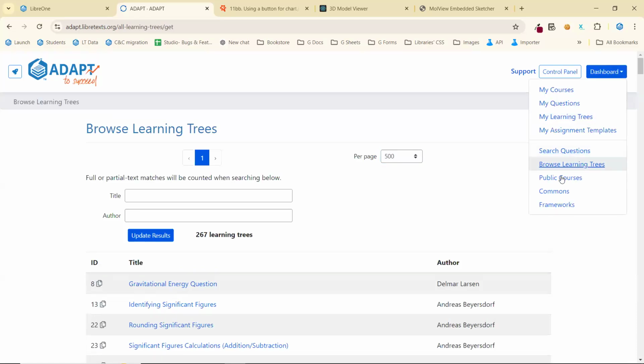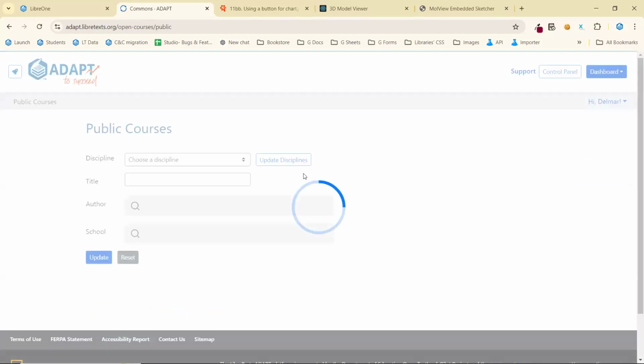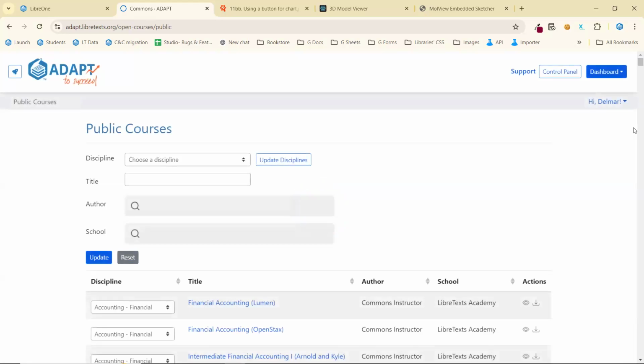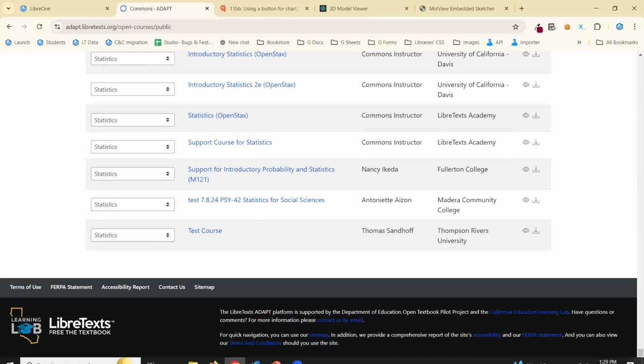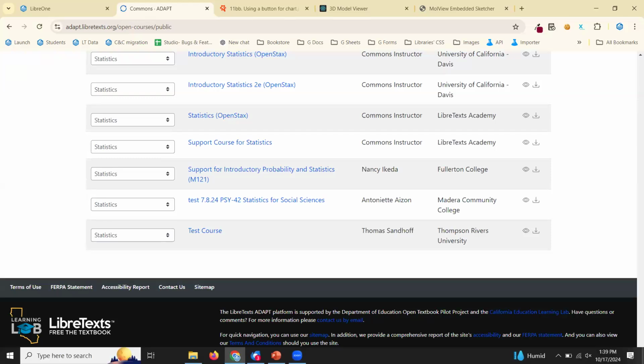The other thing, when you get your account, you can do a search through public courses. We have probably 400 public courses right now that you can peruse. These are courses that people have willingly provided for the community in order to take a look at and to utilize for their own purposes.